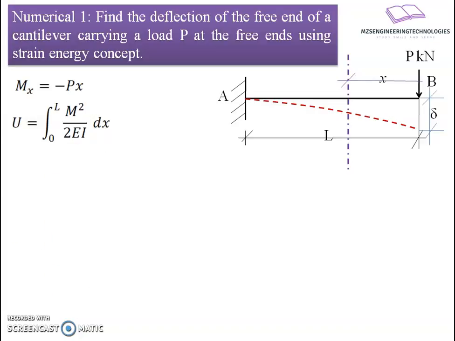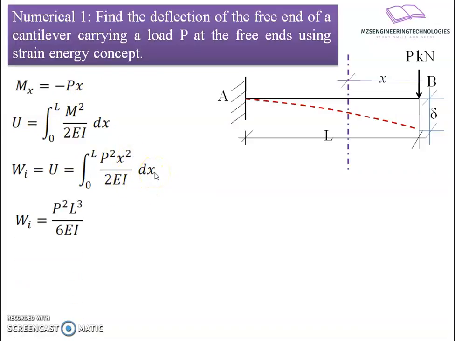We know the strain energy stored by a body under bending forces is given by the relation integration 0 to L, that is, over the whole length of the body, M square divided by 2EI into dx. So I will replace this M square with the moment we have got with reference to this force, M equals minus P into X. After placing this, we get the internal energy, the stored energy. Let us say the internal work done Wi equals the stored energy, which is equal to integration 0 to L of P square X square divided by 2EI into dx.